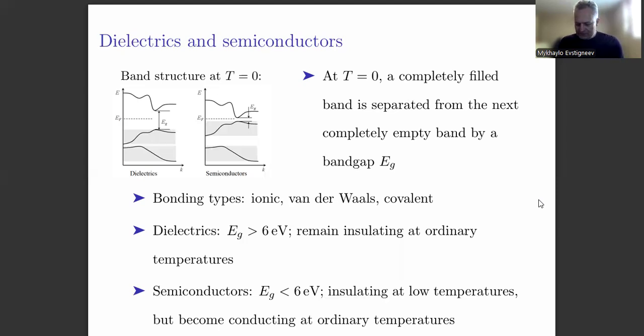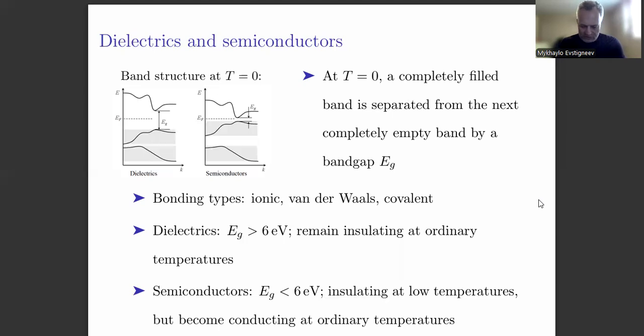The difference between the two materials is the size of the band gap, which is of the order of electron volts: below 6 electron volts for semiconductors, and above, loosely speaking, 6 electron volts for dielectrics, even though this boundary value is diffuse. And the new piece of information is that because of this difference in the size of the band gap,